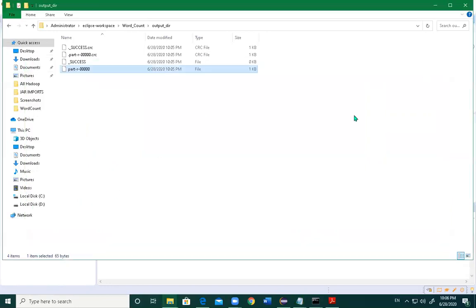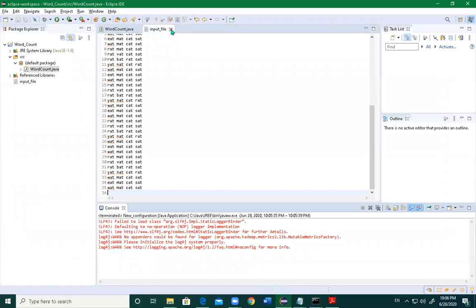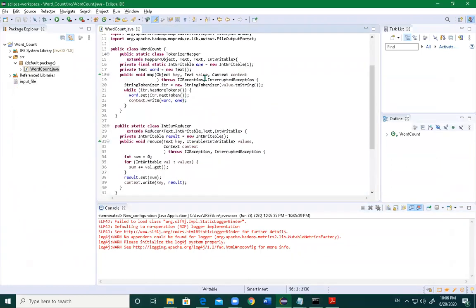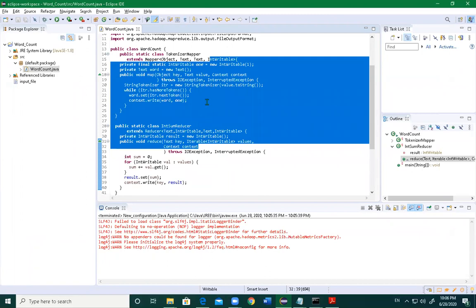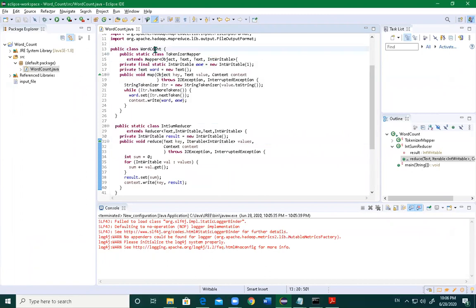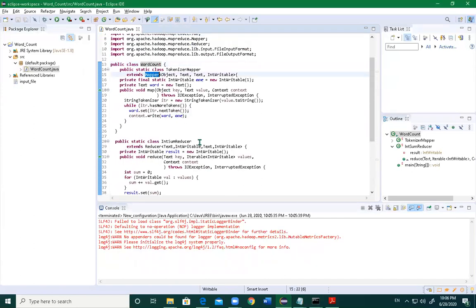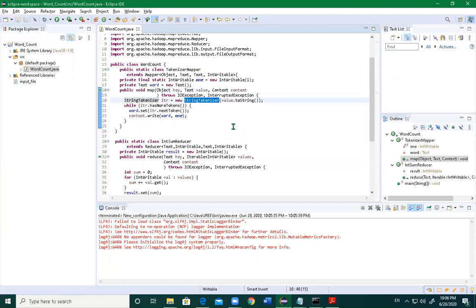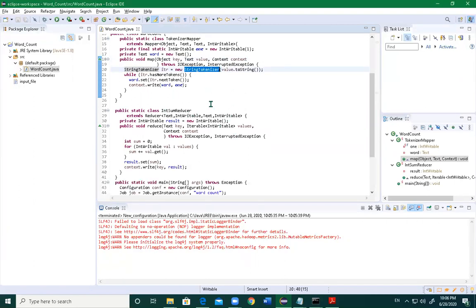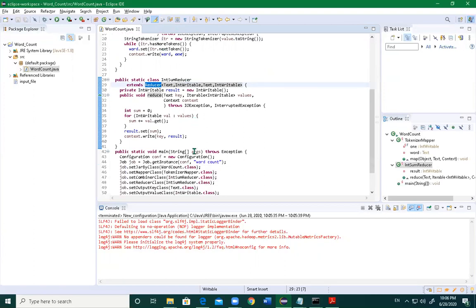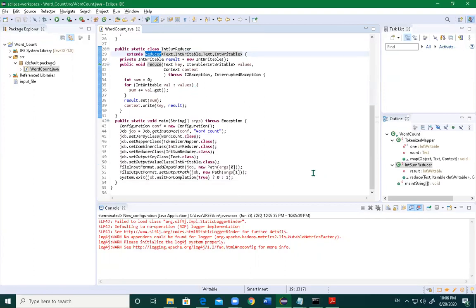So this program is a simple program which is created in the Eclipse IDE. This is used to calculate the words in a file. You can see the word count program. This is working based on extending the Mapper class here, and it has a map method, and it's using a string tokenizer. It is just calculating each word one by one. There is a mapper and a reducer. So these are the two methods used by the Hadoop Java program to calculate this.